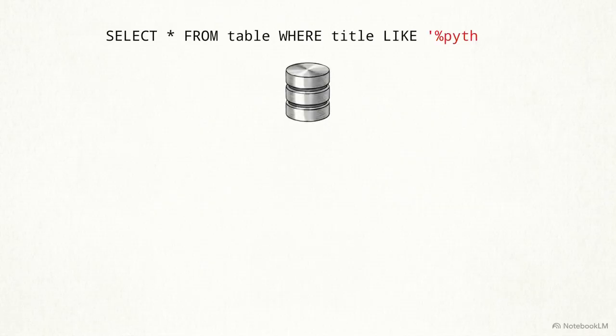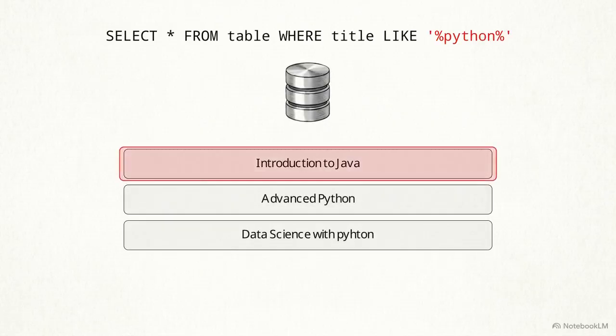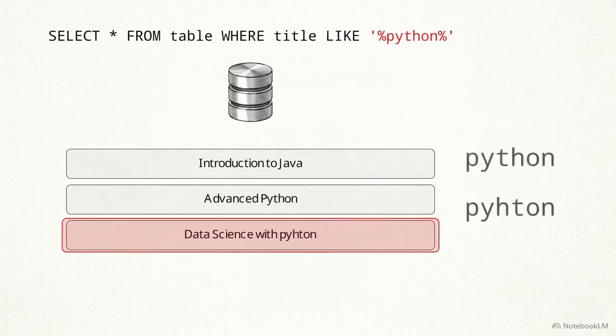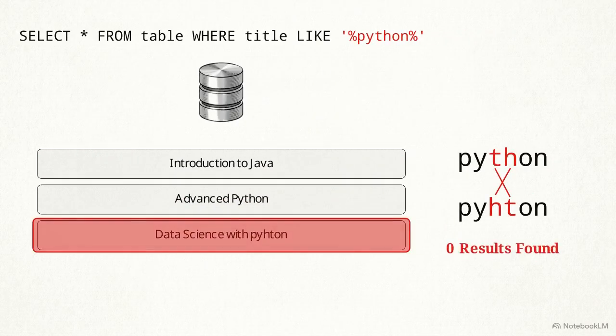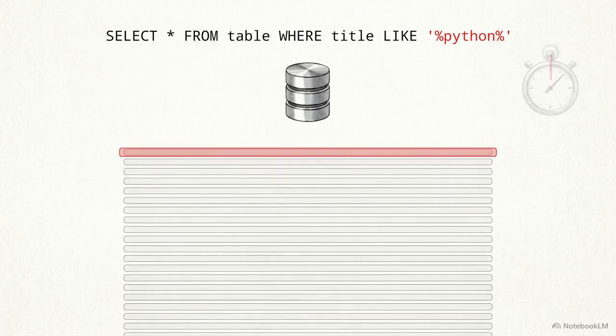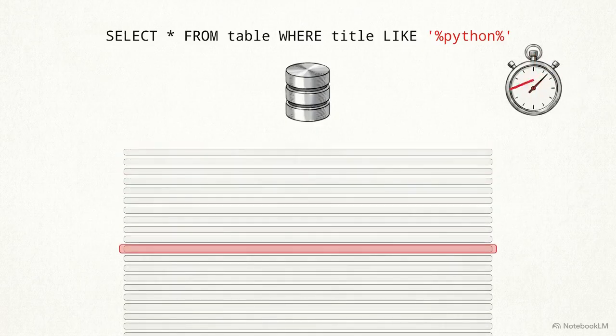A common early-stage approach is to rely on a relational database using a standard SQL query, asking the system to find records where a title is like a specific keyword. This illustrates the limitation of the SQL approach. The database strictly scans for exact character matches. A simple typo returns 0 matches. Furthermore, row-by-row scanning creates a massive bottleneck. As datasets scale to millions of records, query times increase exponentially.